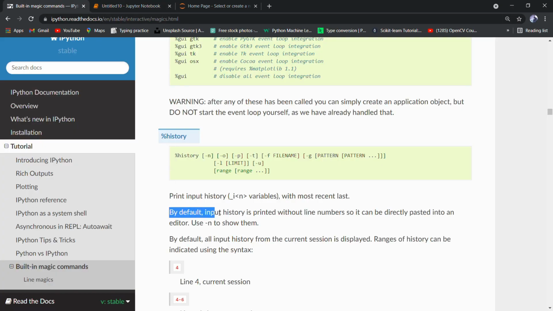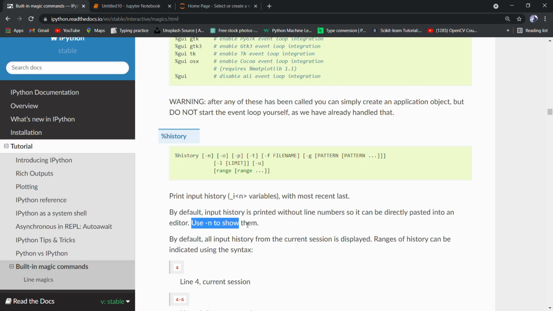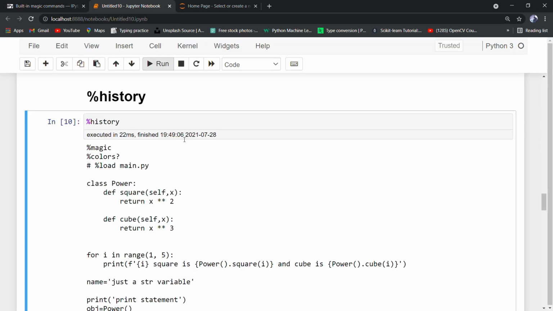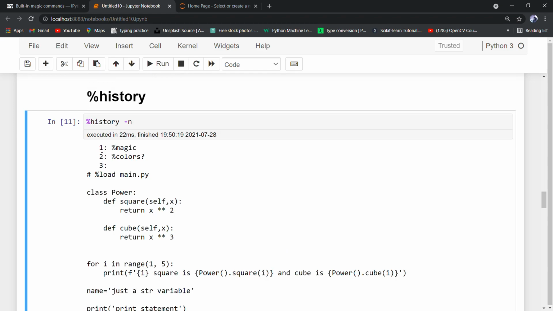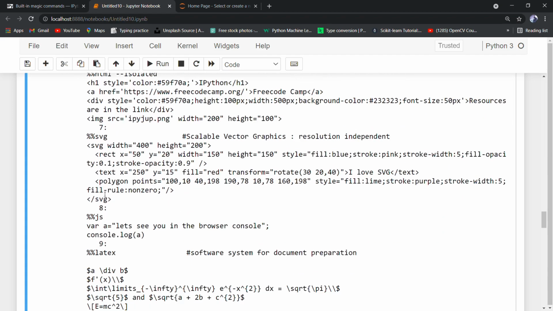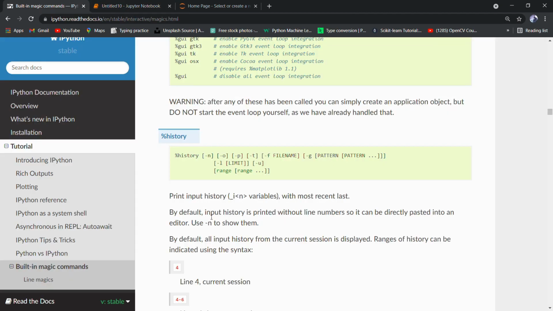By default, the input history is printed without the line numbers, so it can be directly pasted into an editor. Use -n to show them. So here you can see that we get the line numbers 8, 9, 10, 11. Let's read more.